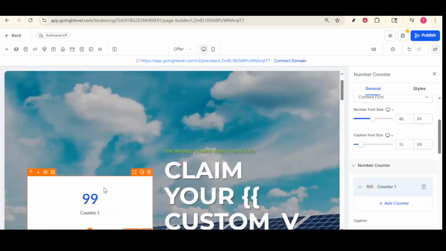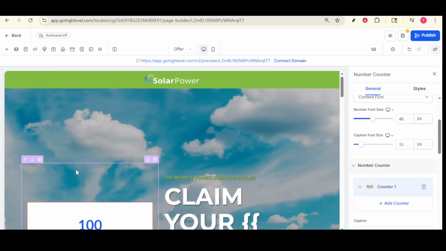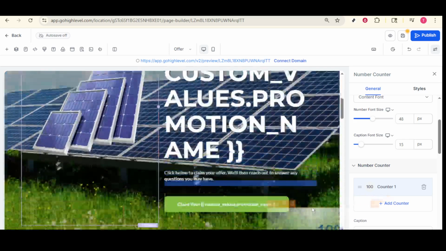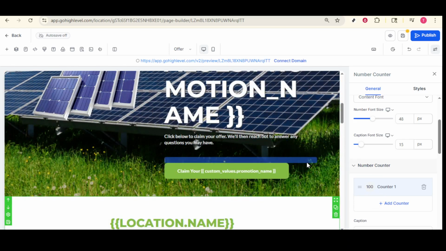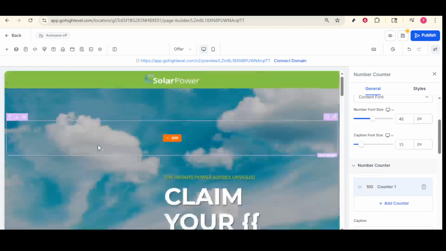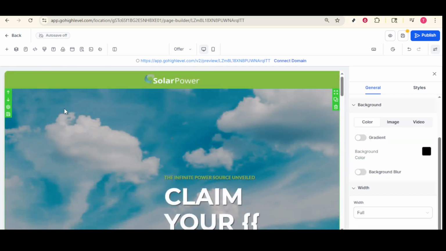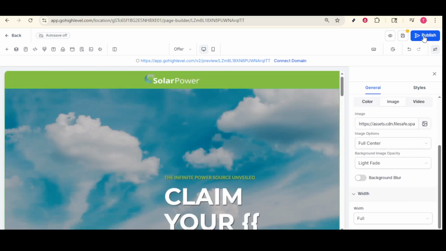Connecting your customized template to your domain is the last critical step. Under Settings, you'd enter your domain information, pointing the DNS settings to ensure that when people enter your URL, they see your new website. And there you have it. By following these steps, you've successfully imported and customized your GoHighLevel solar website template, setting your business up for greater